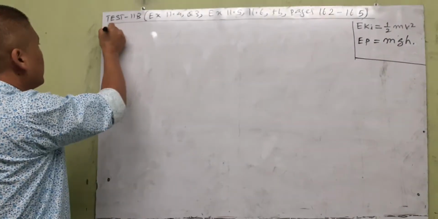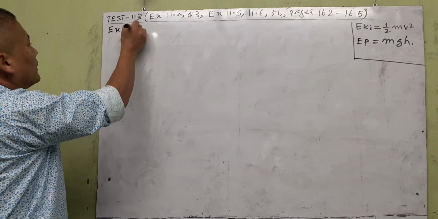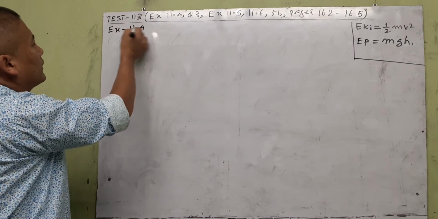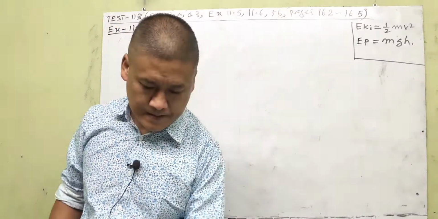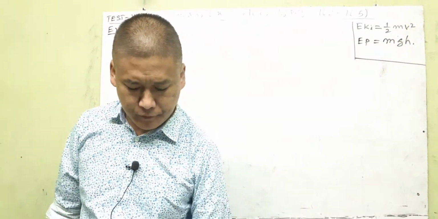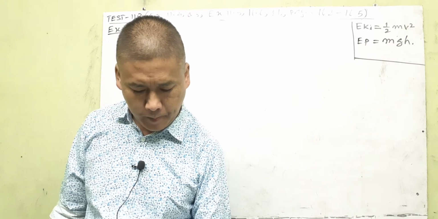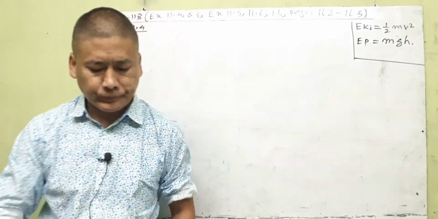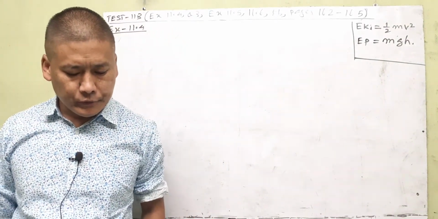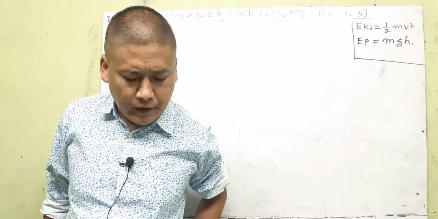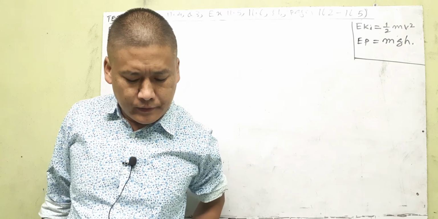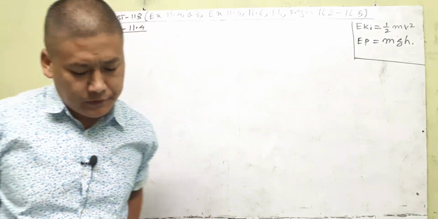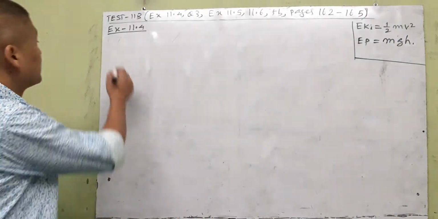So let us start with the first one. Example 11.4. This you'll find on page 162, I believe. Yes, so let me read the question. Go to page 162, Example 11.4. What is the work to be done to increase the velocity of a car from 30 km per hour to 60 km per hour if the mass of the car is 1500 kg? So as we read the question,